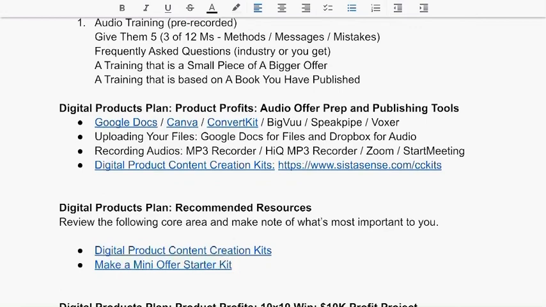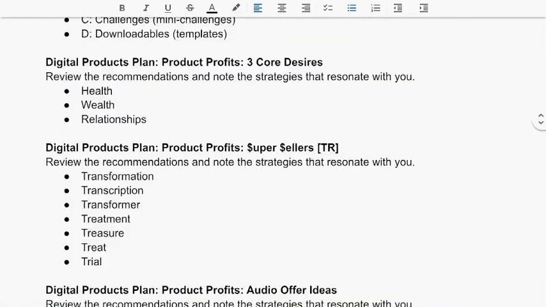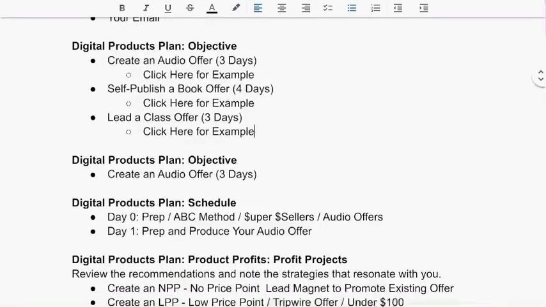So let's talk about where we leave off today and where we are going to go from here, okay? So we are literally on day 1 of creating your audio content. The goal was I walk you through prepping your audio offer, okay? So hopefully between today and tomorrow, you are going to prep your audio